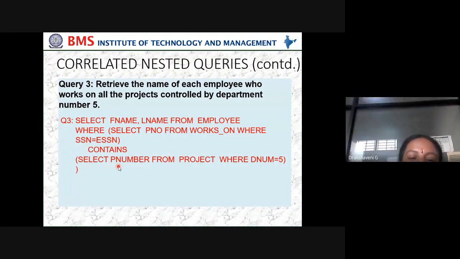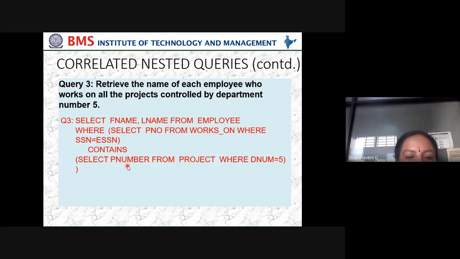Along with that, what is your project number? We will be assigning you, because you are 50 students, two people will be assigned. Let us say your project number is 20, from the project table. And which department is the project from? It is from the MCA department, and the MCA department number is 5, let us assume. Then from these two we want to fetch the student's first name and last name, from the employee table. So that's how we retrieve with the query, something like this.